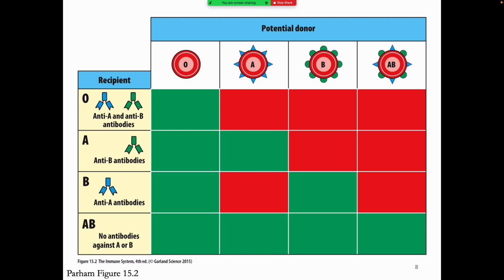Type A can only receive O or A because they have antibodies. Type B can only receive O or B. AB can receive anything. And so most commonly the pre-existing antibodies that we see here are from blood group mismatches,